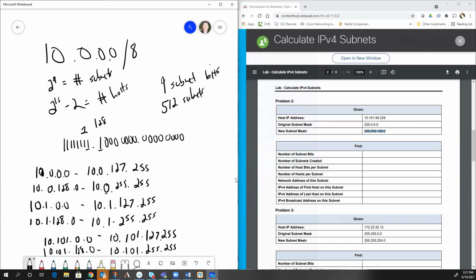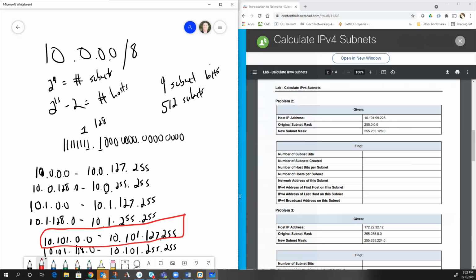So I know the subnet that this number right here comes out of, this 228, is actually this subnet right here. Okay, oops. I did that. Don't give me a red pen thing. There we go. All right, so that's the subnet it's out of, because the 101.99. Okay, so that would tell me that that's the actual network address would be